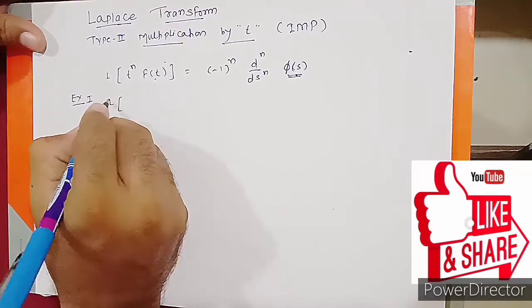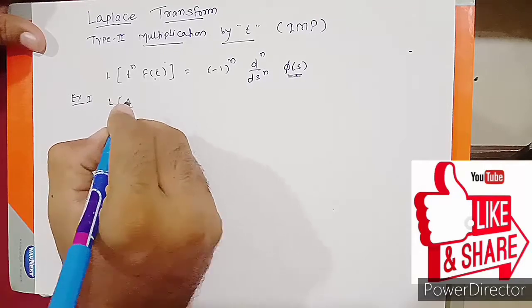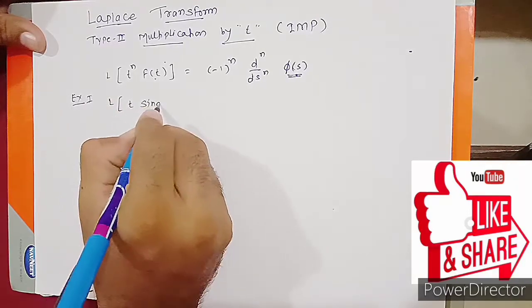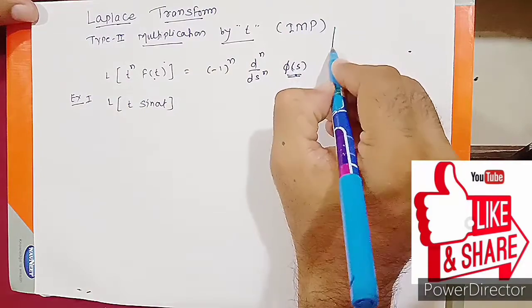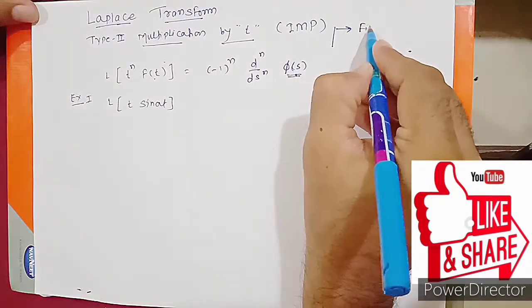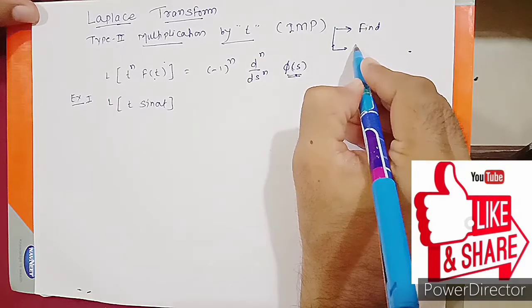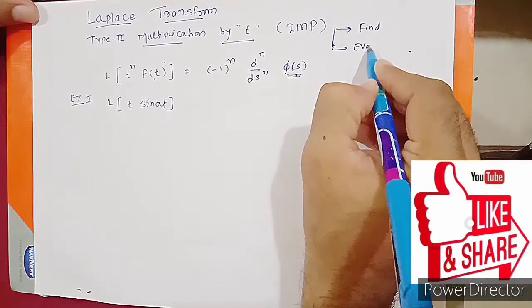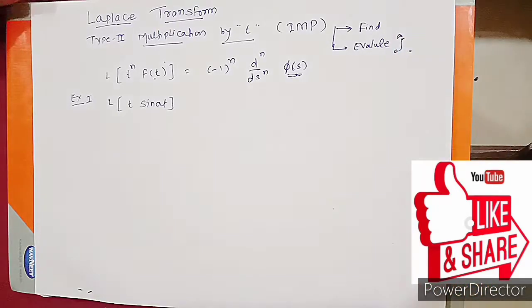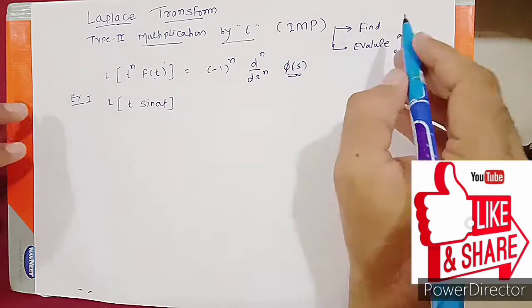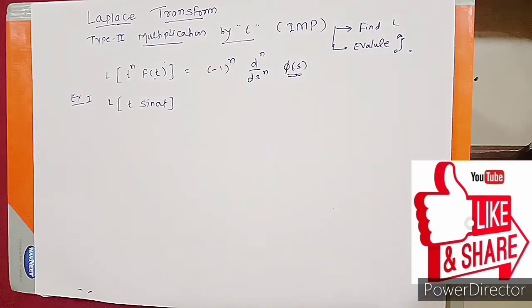We are starting with the easy numerical, that is t sine at. Guys, before we start, one thing to remember: in multiplication by t there are basically two types, that is find Laplace, or evaluate integration 0 to infinity, like that they ask. So multiplication by t has two subtypes, that is find Laplace or evaluate integration 0 to infinity,